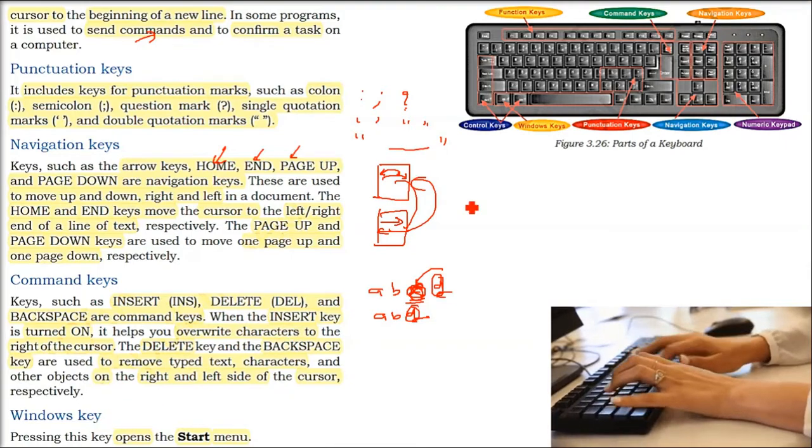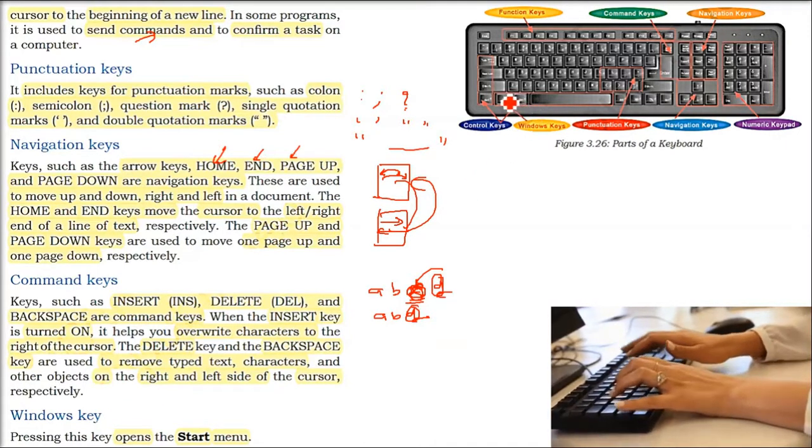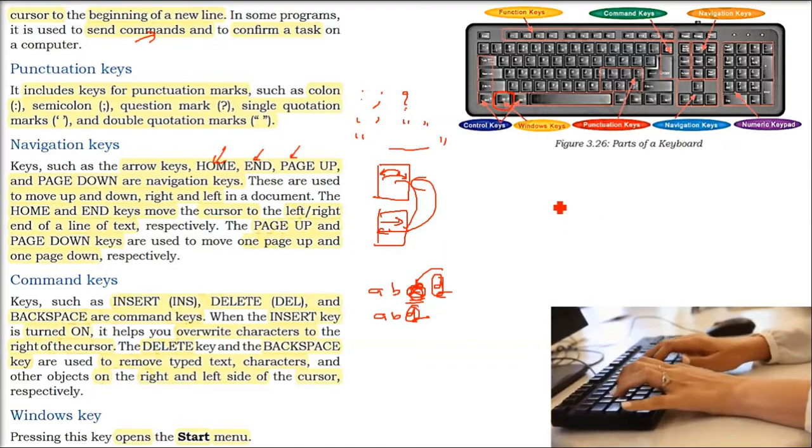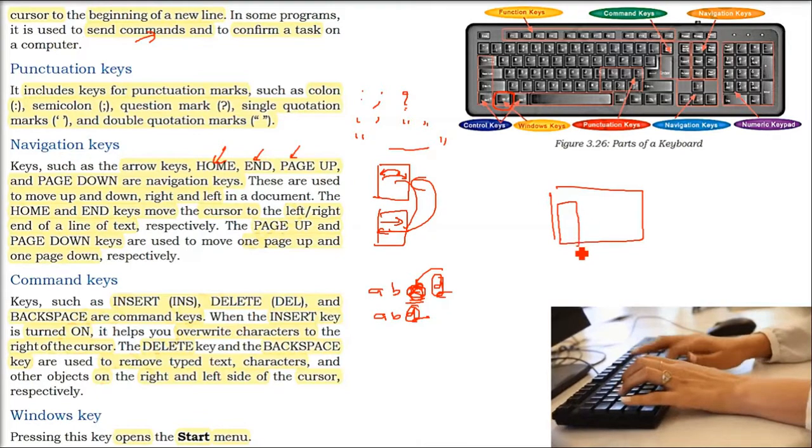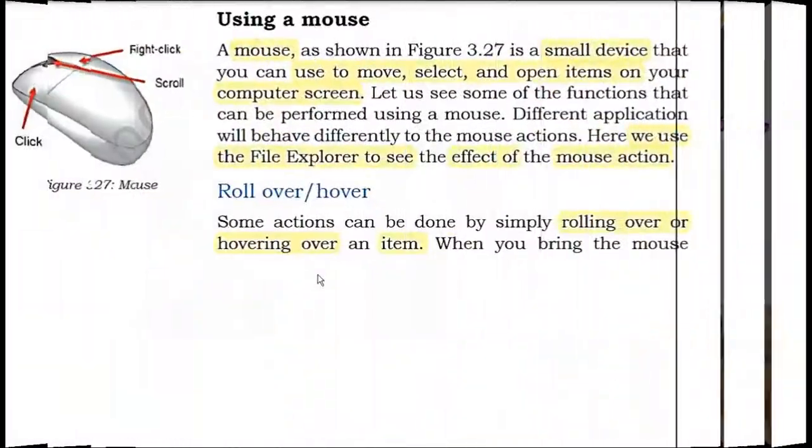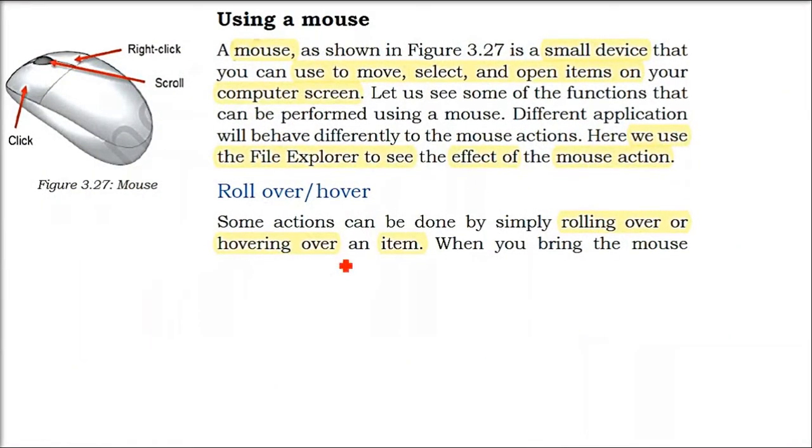And there is a window key also. In a keyboard, you always see a window key. When you press this window key, the start menu will open. The start menu will consist of different options of the programs and also the shutdown, log off activity. Along